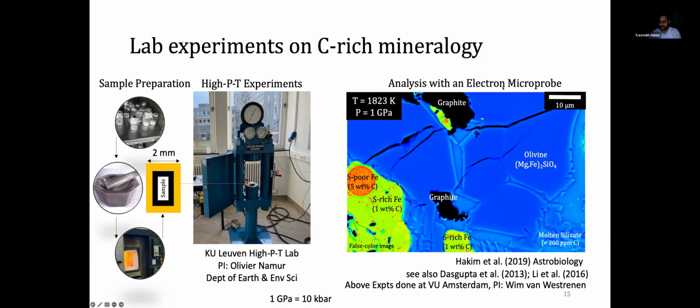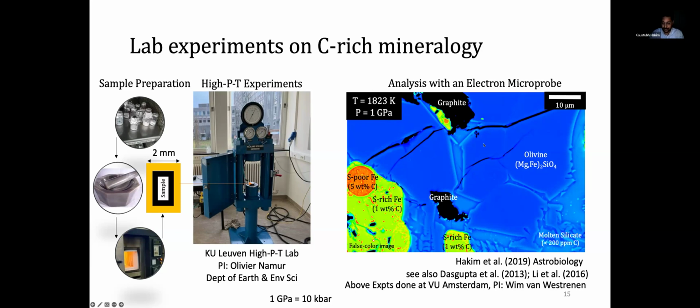And this is a cross section of such an experimental run product you see here. The scale is really small, so it's 10 micrometers. So we are really zooming in. And what you see in different colors are different phases. These are performed at high pressures, so they represent probably pressures equivalent to the deep interior of the Moon. But for Earth, these pressures are not really high pressures. So for simulating Earth-like planets, you would need to go even deeper, with different machines,